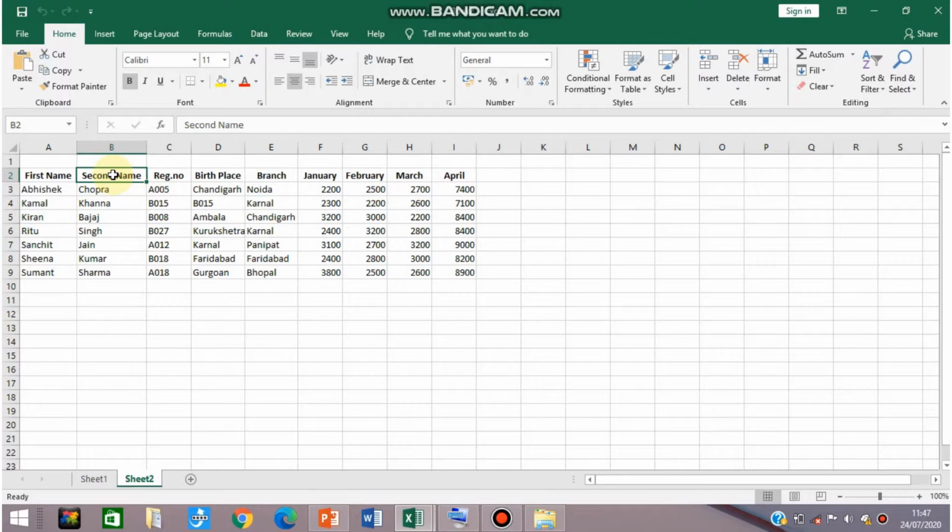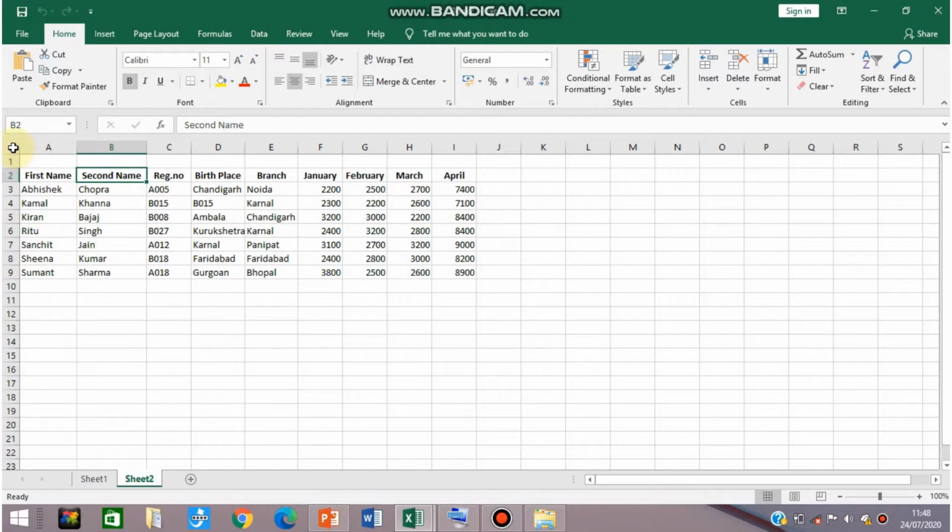Then the next function is, suppose for example you have to select all the cells. Then you will just click on the select all option. Here beside the row numbers, above the list of row numbers, one button is there.